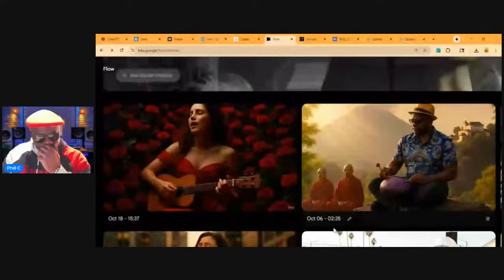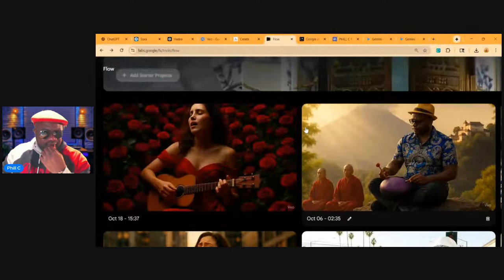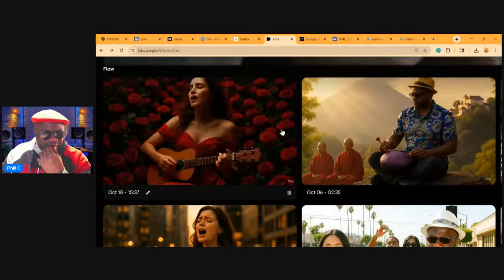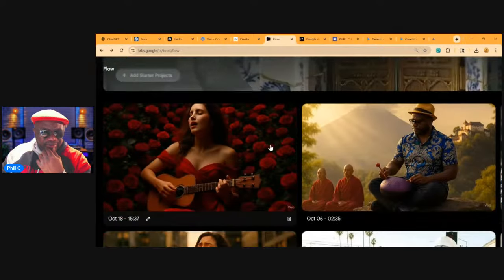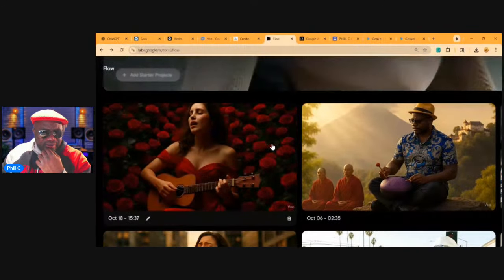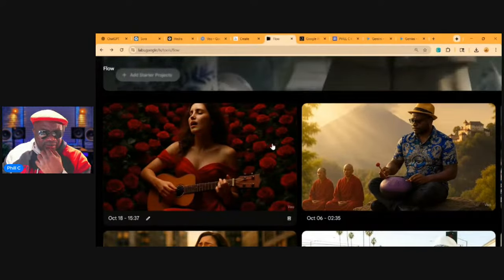All right, so we're back in VO3. And once we have the character that we're trying to portray, which means going back to SORA,